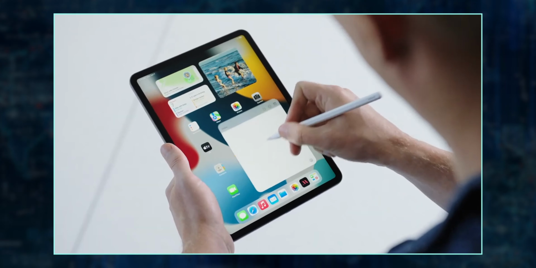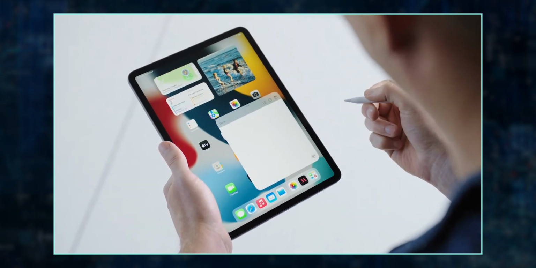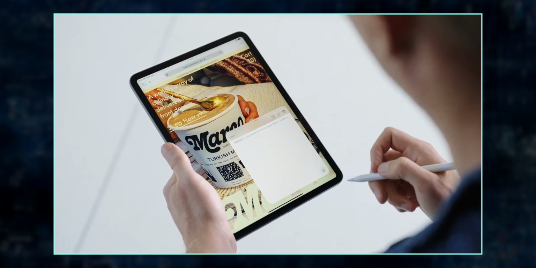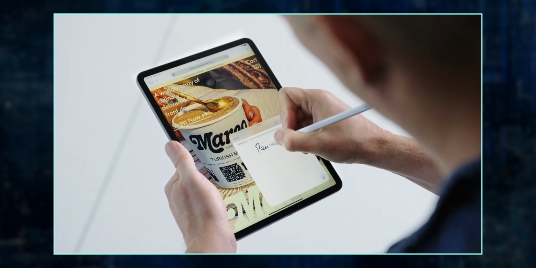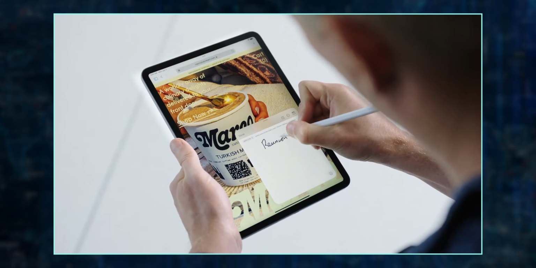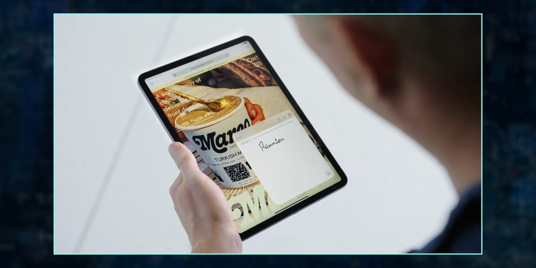And also, there is something called Quick Note, which allows you to quickly write a note on your iPad. So if you use your Apple Pencil, you can simply swipe up from the bottom right of the display and a small note will appear at the bottom, and then you can quickly write down something that you need. So for example, if I'm on the phone and need to quickly write down a phone number, I could simply swipe up, write down the phone number, and that's it.